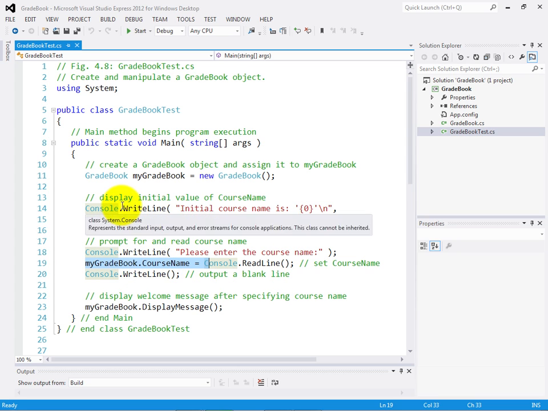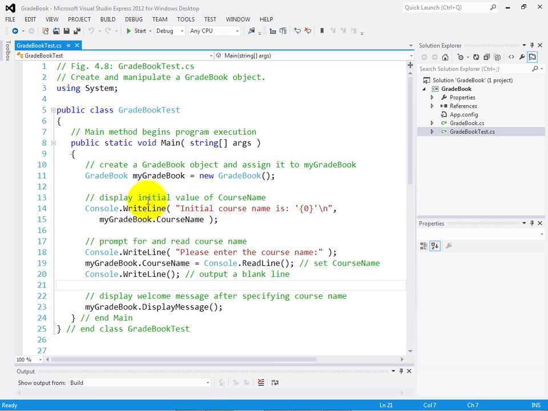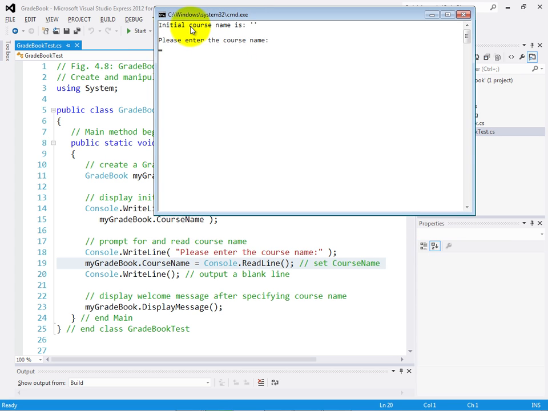object. So if I stop here for a moment and run this program, once again, we can see the initial course name is the empty string, and that's what was displayed here. And right now we are executing line 19. It's waiting for me to enter the course name here. It's already prompted me to enter the course name, so we can see that if I move the output window up a little bit. So it's waiting for me to enter a line of text,